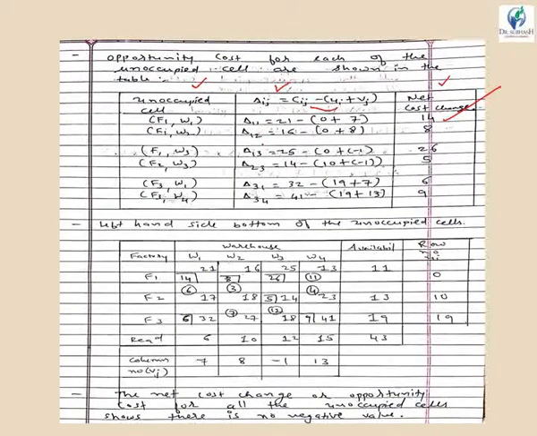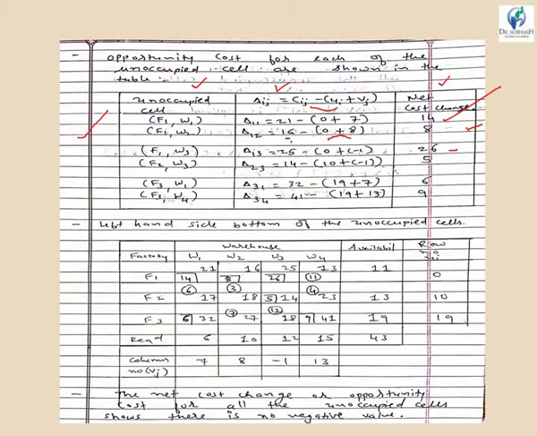Similarly, for unoccupied cell F1W2, the formula you will write is delta 12. So C12, the value can be obtained from the main table. Other values such as u1 and v2 from the previous slide you can see, that is u1, u2, u3 and v1, v2, v3 and v4. All the values have been obtained, and the result is equal to 8. So this is the opportunity cost value of the unoccupied cell. Similarly, all other values can be obtained using this formula. So this is the opportunity cost for all the unoccupied cells.